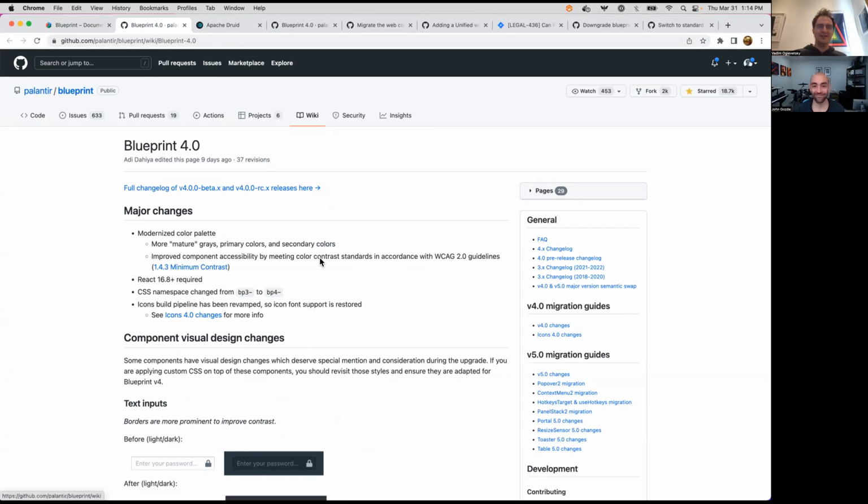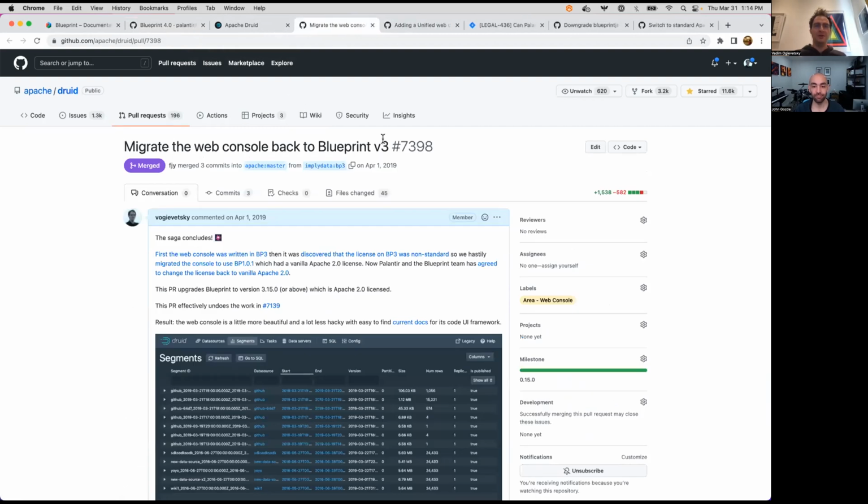Before diving into it, I wanted to share a fun story. You might think this is the first time the console is migrating Blueprint versions. It's not actually true. The web console was originally written with Blueprint 3, which it still is written with. But at one point, we actually migrated Blueprint back to version 1 and then up to version 3 again. If you're wondering why, there's a fun story here, Apache Druid pull request 7398, if you want to check it out. But in short,